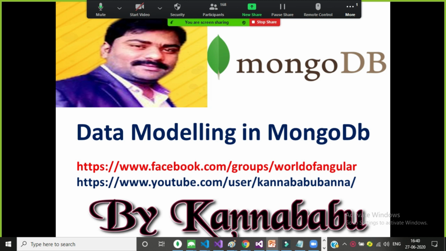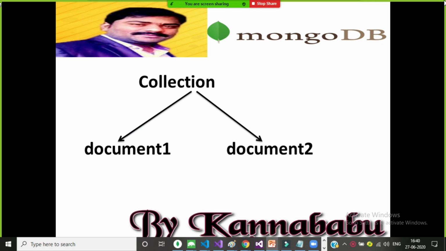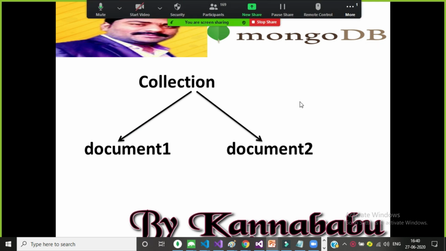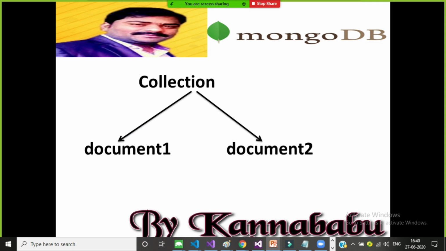the tables will look like, and all these concepts. So generally, in a relational database management system, the data will be stored in the form of tables, which is a collection of rows and columns. But in MongoDB, a NoSQL database system, the data will be stored in the form of collections.